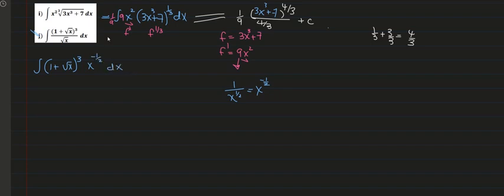Okay, now it starts to reveal as f raised to the power of 3, and we need to make sure that that's f dash. So if f is what's inside the bracket, what's f dash? Yes, f dash is the derivative. Derivative of 1 is 0. Derivative of root x is half x to the power of negative half. What's left from the derivative here? So what we have here is x to the power of negative half, and the half is missing,